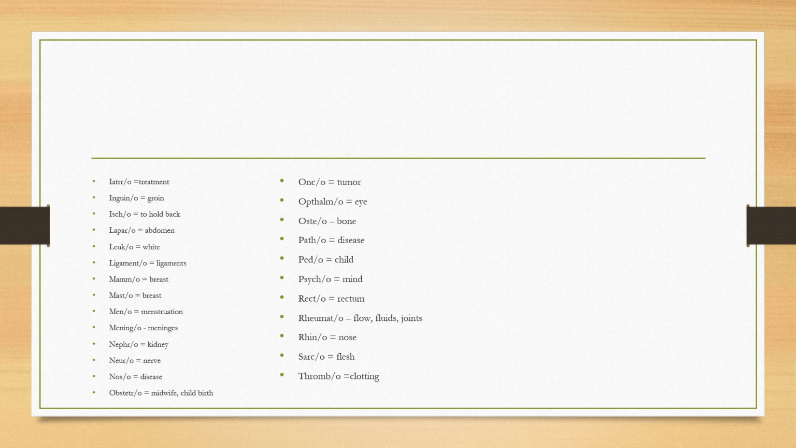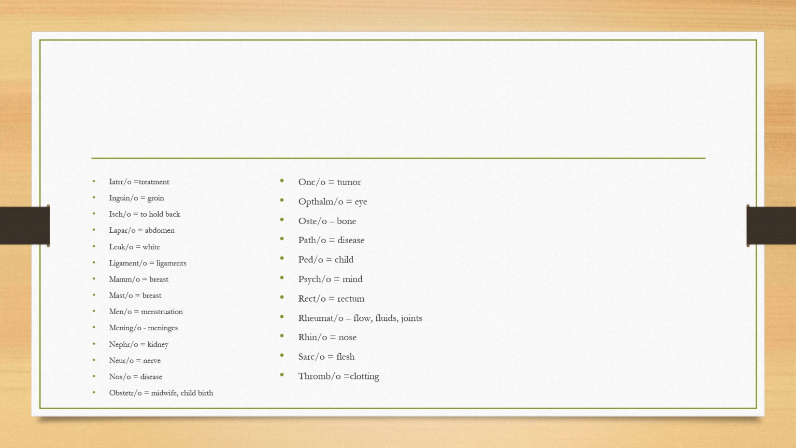Obstetro. So this is someone who helps with childbirth. So either a midwife or an obstetrician, which is actually specifically a childbirth surgeon. Onco. This refers to a tumor. It doesn't necessarily have to be cancerous. Ophthalmo, this refers to your eyes. Osteo refers to the bones. Patho refers to diseases. Ped or pedo,